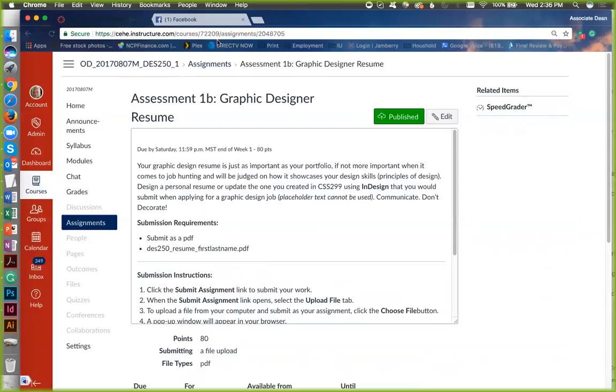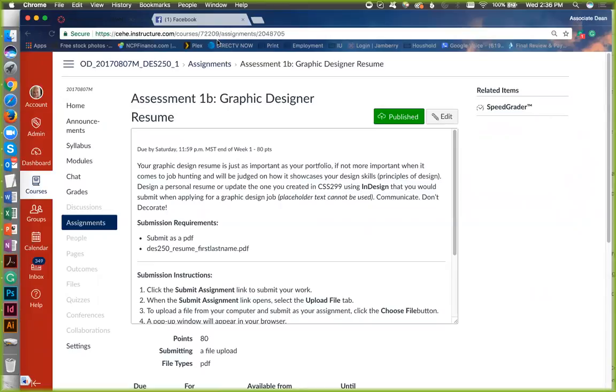So your resume is just as important, if not more important, than your portfolio sometimes. But then it goes both ways too, because sometimes people think that the portfolio is more important, which it very well can be. But to get your foot in the door, to make your first impression, you must have a graphic design resume.